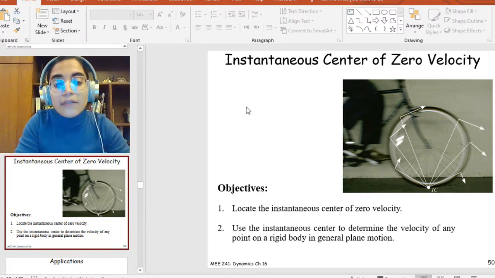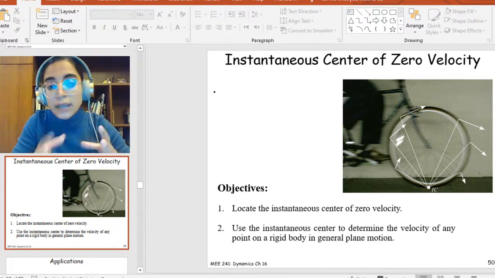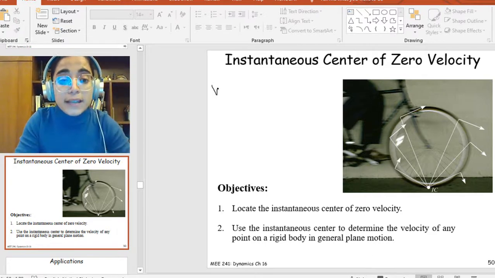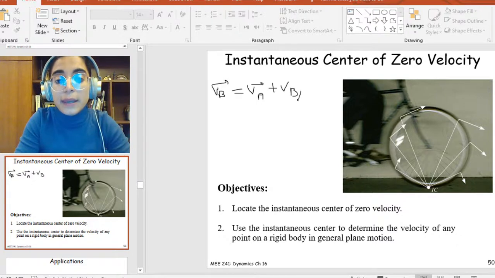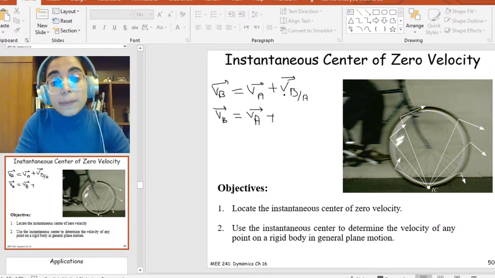I know that if I have a general plane motion, then in order to know the velocity or the angular velocity of the links or of the beams, I need to apply the equation of relative motion. So I know, for example, that VB is equal to VA plus VB with respect to A. And this means that VB, the velocity at any point B on this rigid body, should be equal to the velocity at A, assuming that this is a general plane motion, which means it includes translation and rotational motion, plus VB with respect